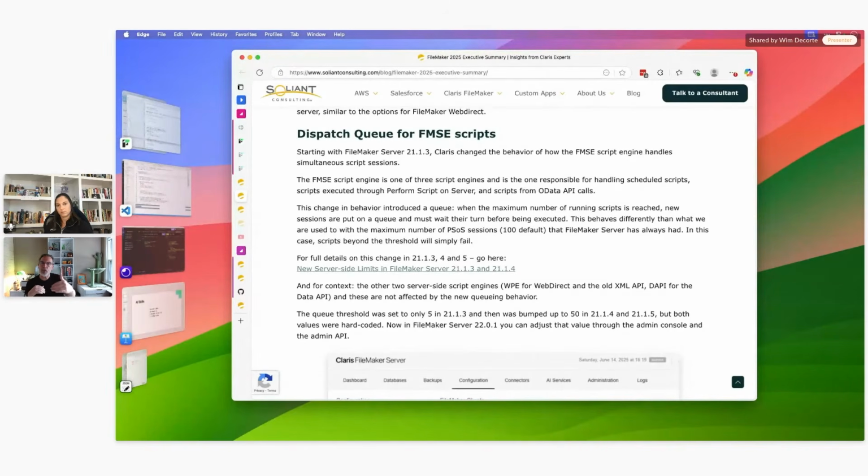Those two script steps that we talked about, where the AI can actually perform a find in your database or give you the SQL query that matches your natural language query, can really only do that if it knows the structure of your tables and your fields, right? So these tags that you could put in field comments can help narrow down the fields that you want to expose and want to have discoverable, if you will, to AI. Because maybe you have some utility fields in your table, like summary fields or other fields, that you don't want to expose to your AI because they're meaningless when it comes to data, right? So that's that.